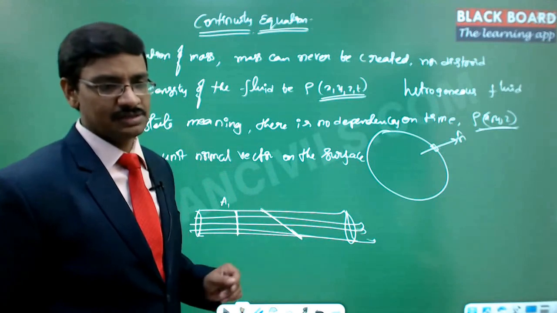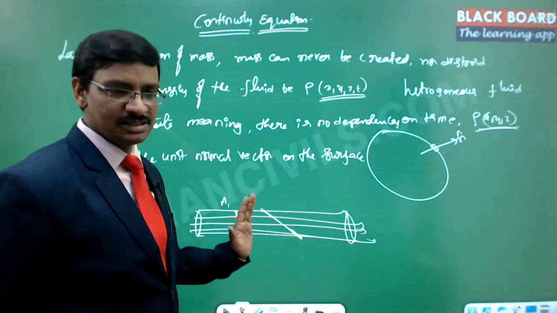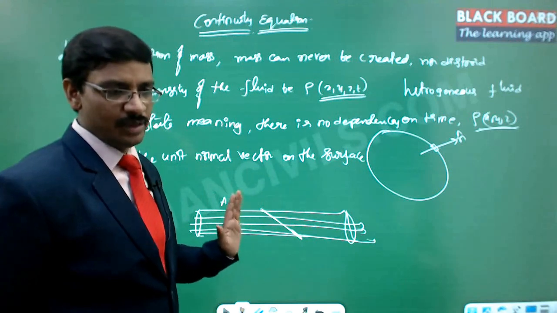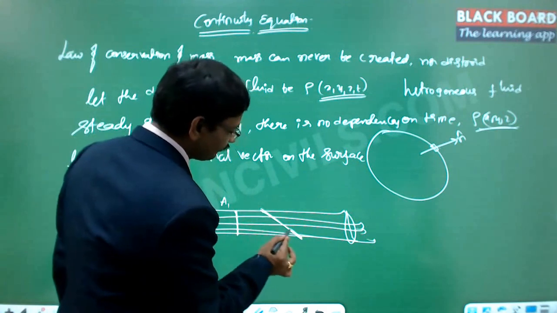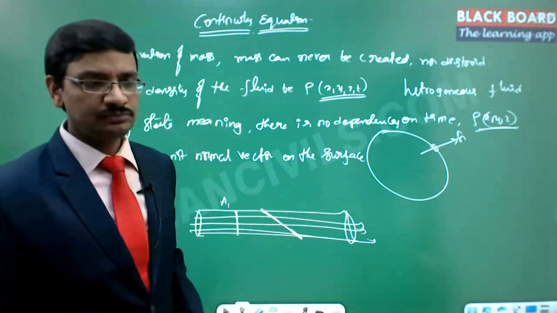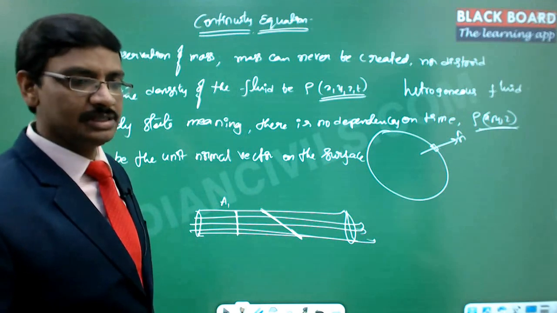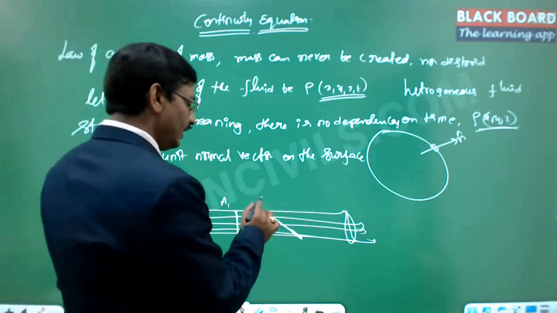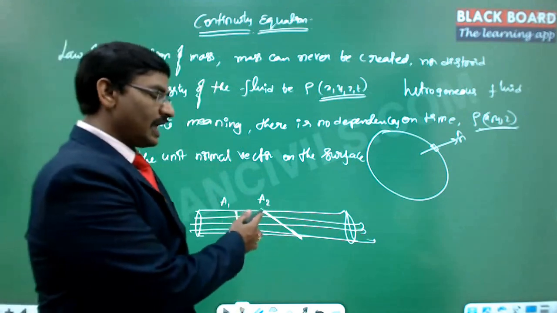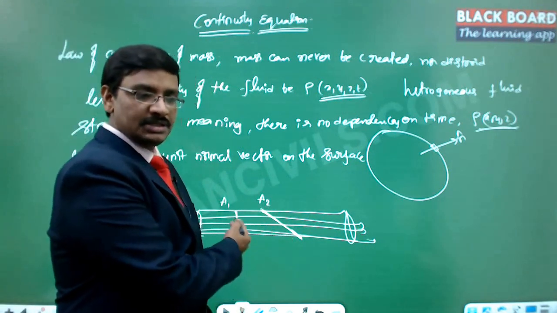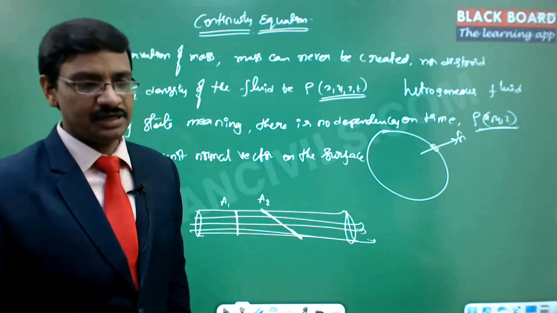Now, whatever the amount of the fluid that is crossing this particular surface will be exactly the same amount of the fluid which is crossing the slant surface as well. Is that true? Is it true or not? Right? Obviously it is expected, but the area of cross section of this is going to be A2. So this has more area of cross section, and this has a lesser area of cross section, but it's an effective area of cross section, right?